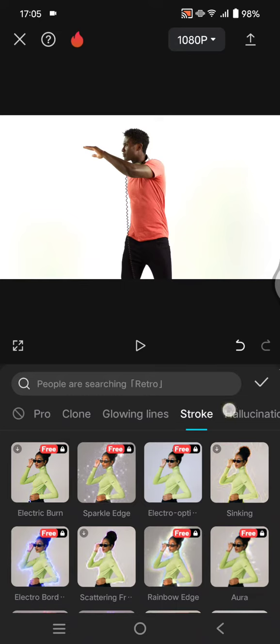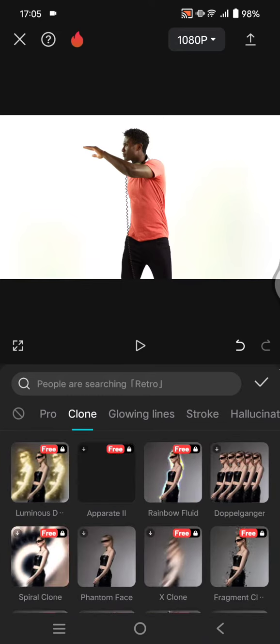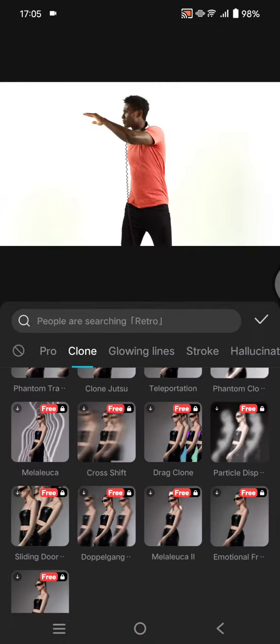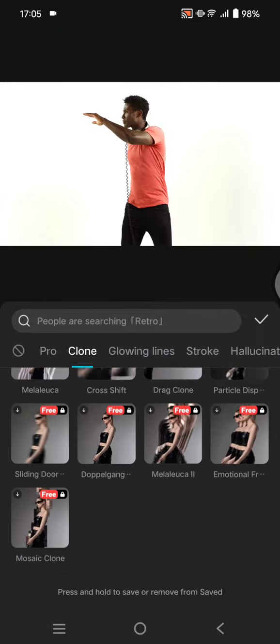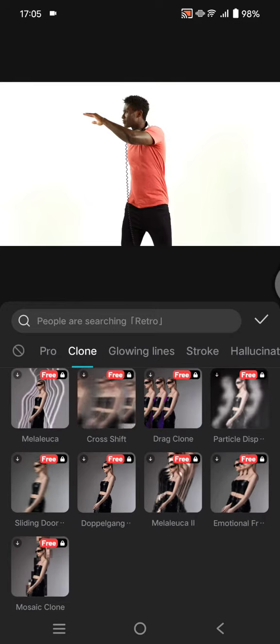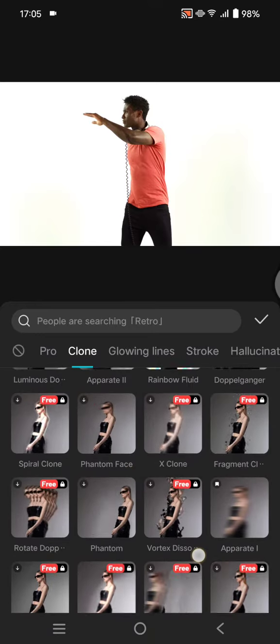And in here, find the clone category. So under the clone category, there will be lots of clone effects that you can select. So you can just choose based on your preferences or your needs. For example, let's try this